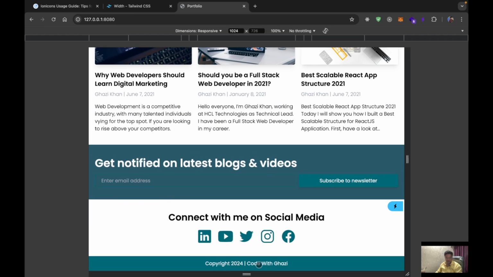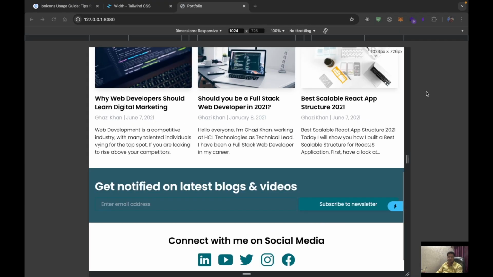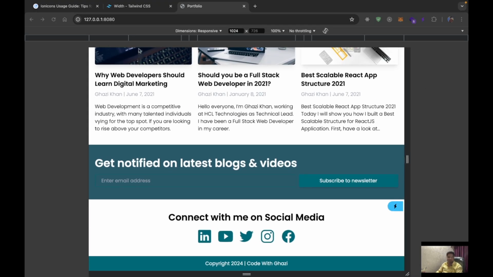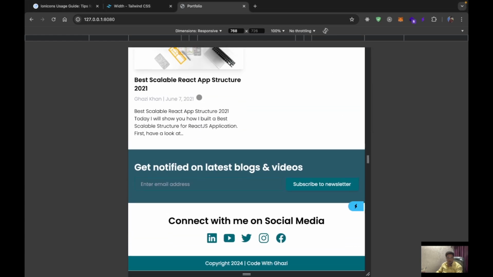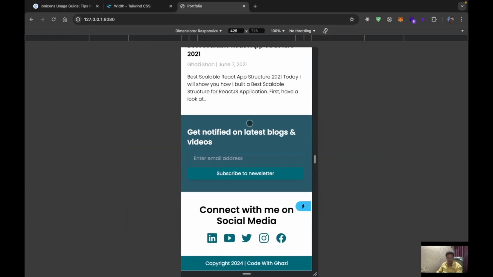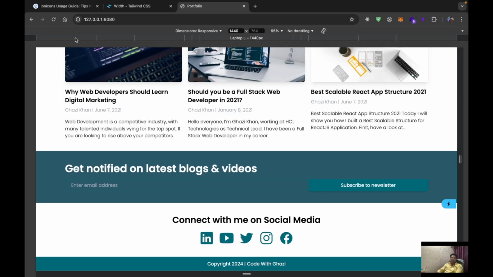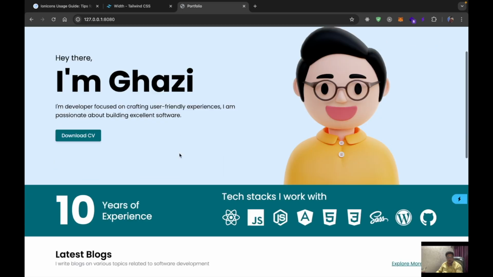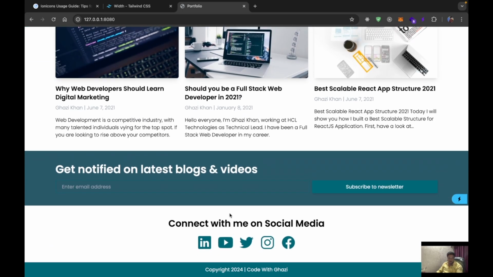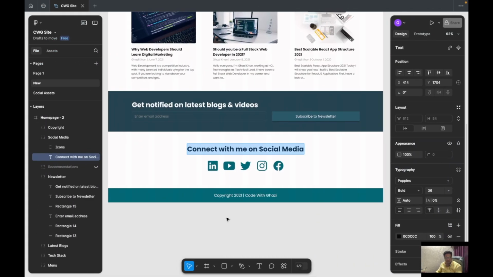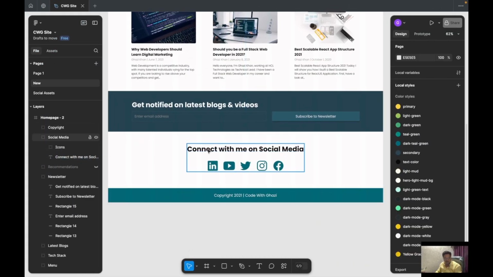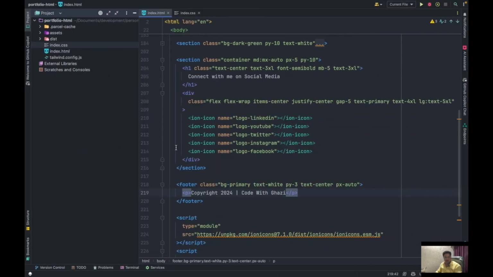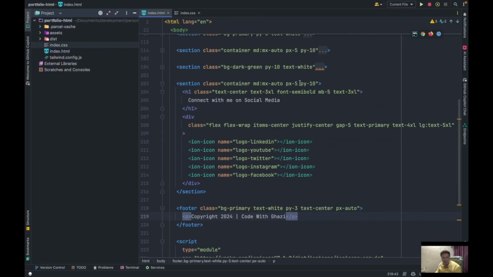And if I see here, yeah, this is good. On my smaller devices, yes, see, this is looking good. Just remove this. Yeah, okay, this is good. I think this needs a few more spaces. Yeah, we have to add a few more padding values there. So I will increase this